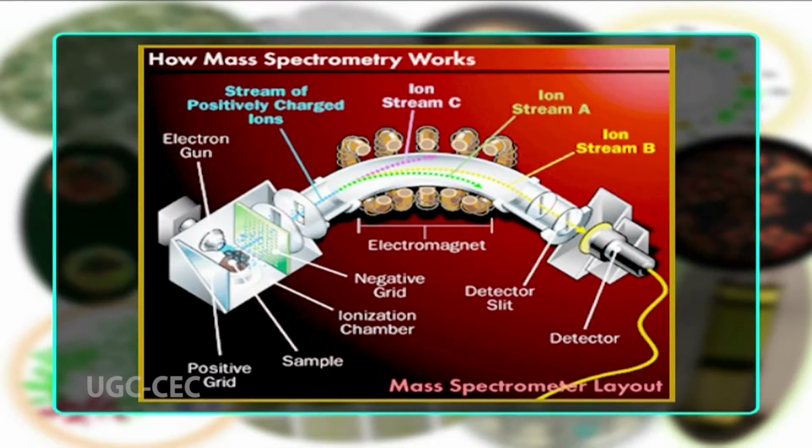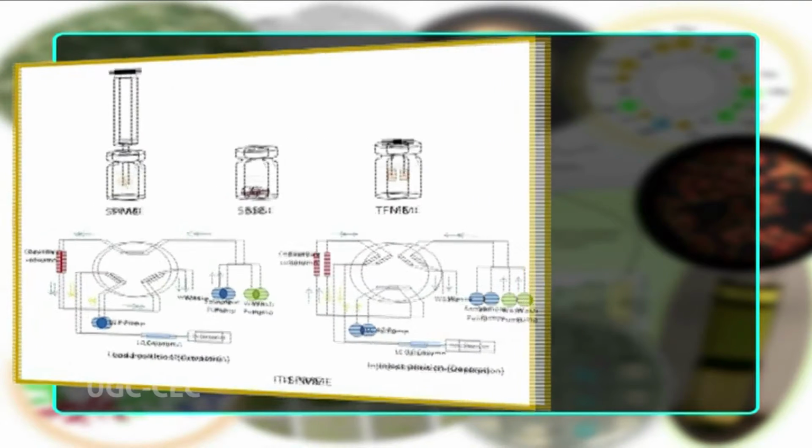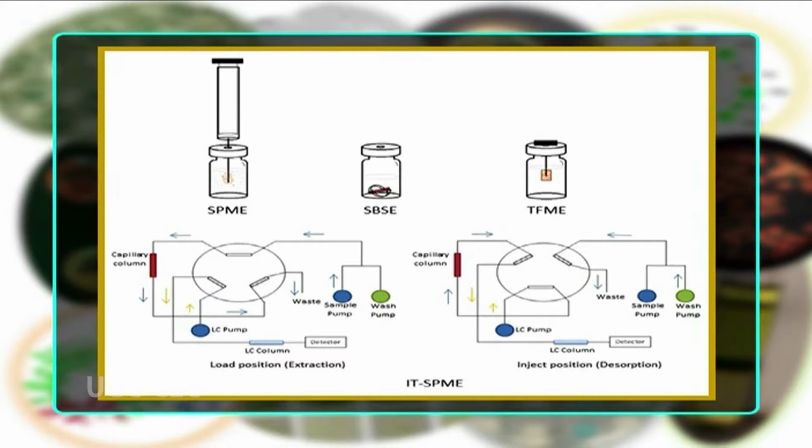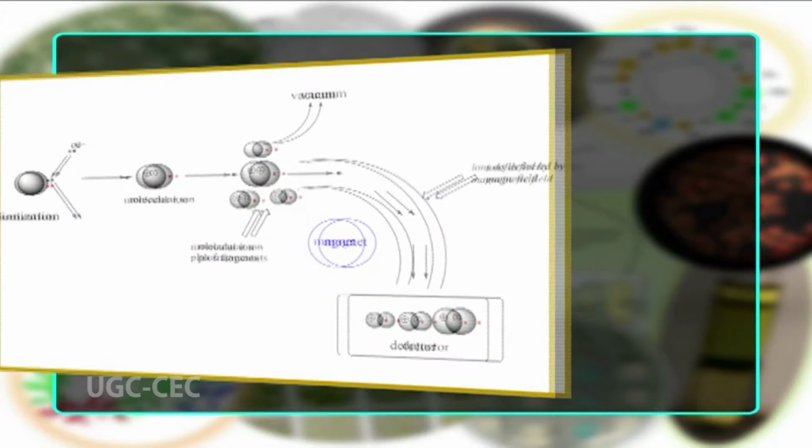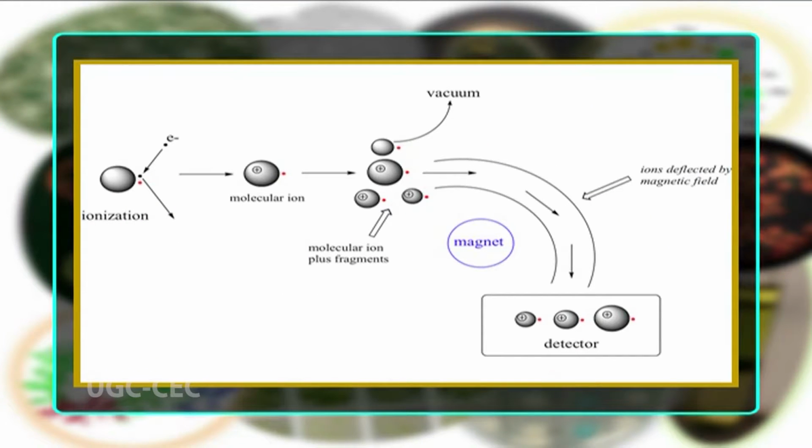Mass spectrometry works by ionizing chemical compounds to generate charged molecules or molecule fragments and measuring their mass to charge ratios. In a typical MS procedure, a sample, which can be solid, liquid or a gas, is ionized, for example by bombarding with electrons. This may cause some of the sample molecules to break into charged fragments. These ions are then separated according to their mass to charge ratio, typically by accelerating them and subjecting them to an electric or magnetic field.